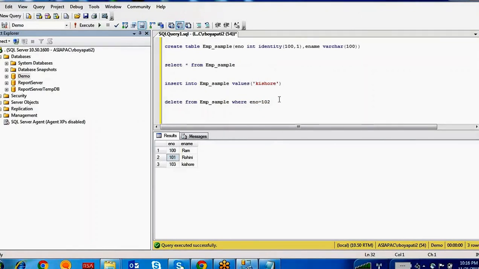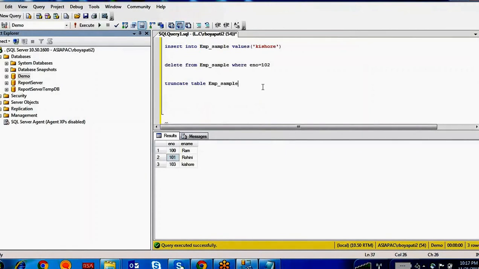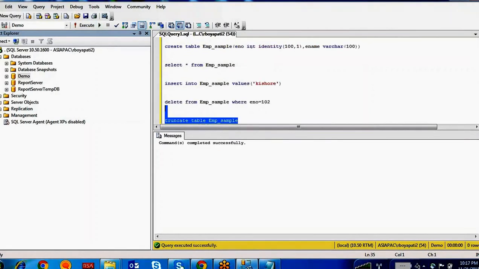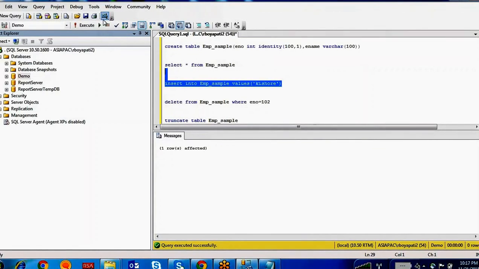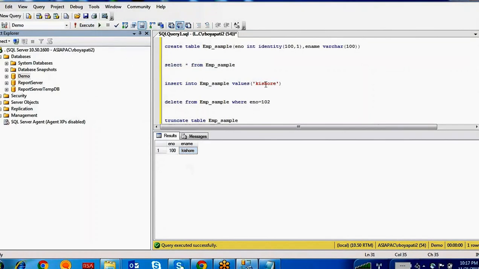So I'm going to truncate the entire table. Execute. There is no data, right? Now if I insert one row, it shows 100 Kishore. Then I'm going to insert RAM.